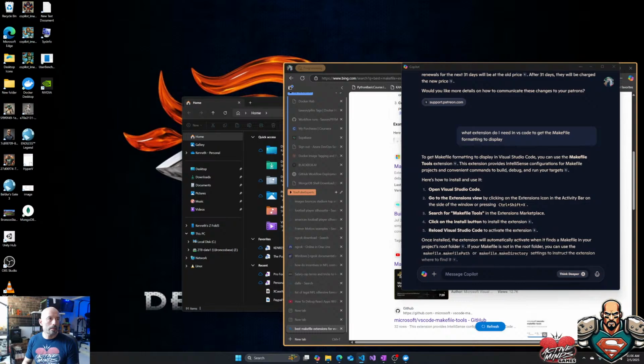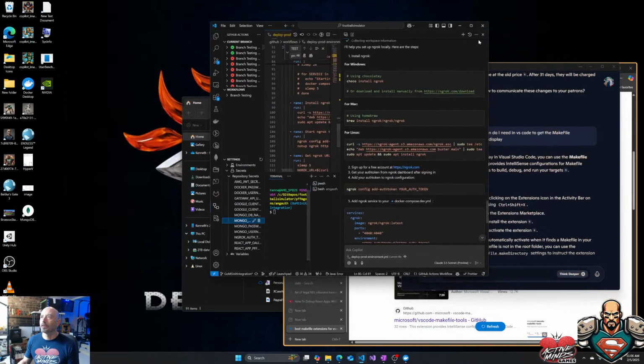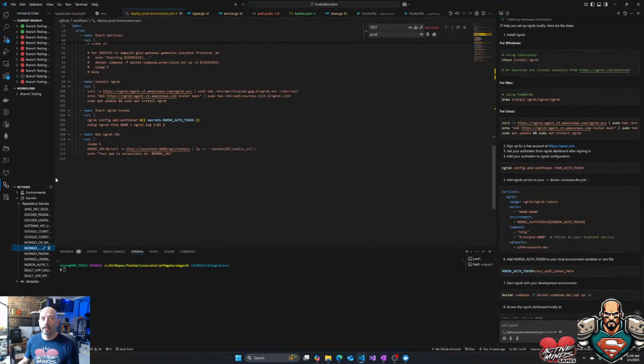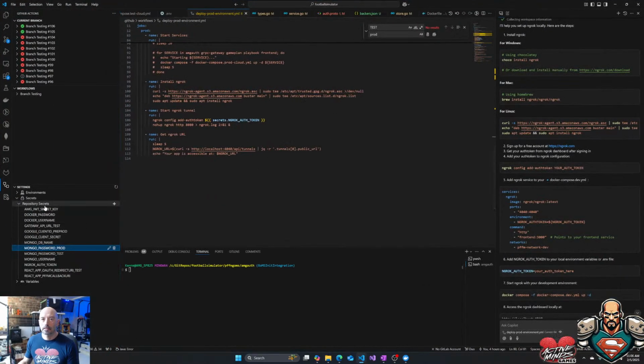And it's going to be called... Alright, so I've set up the token. You can see now I have in my GitHub repository secrets an NGROK auth token